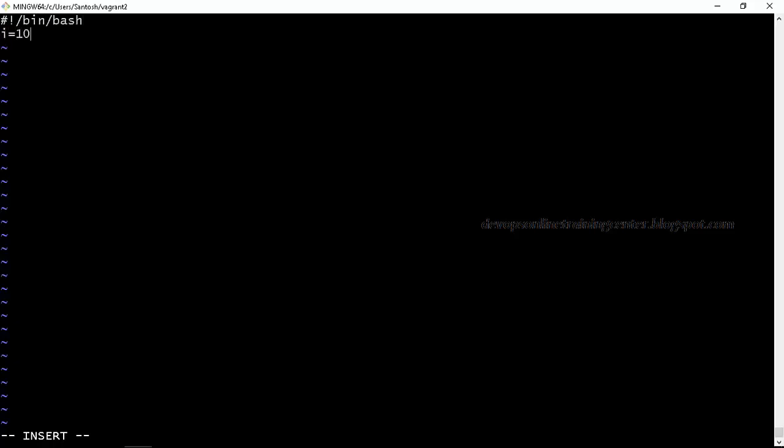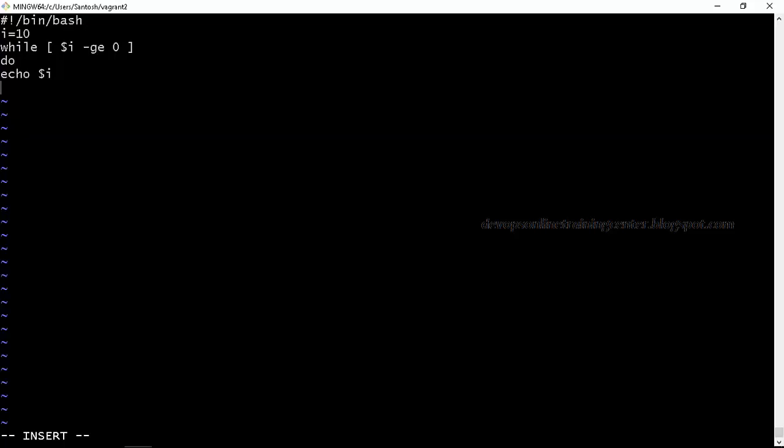i is equal to, let us say, 10, and while $i is less than or equal to 0, then do echo $i. So for the first time 10 will be compared with 0. It should be greater than, right? So 10 is greater than 0 or not? 10 is greater than 0 is true. So it will print the value of i, which is 10.